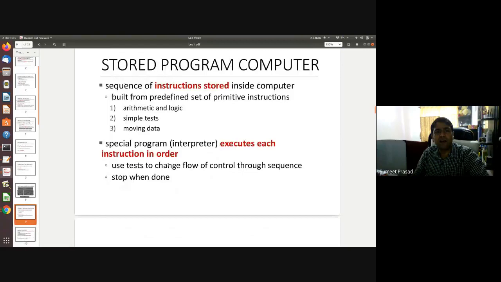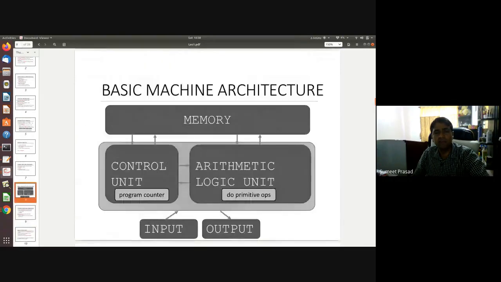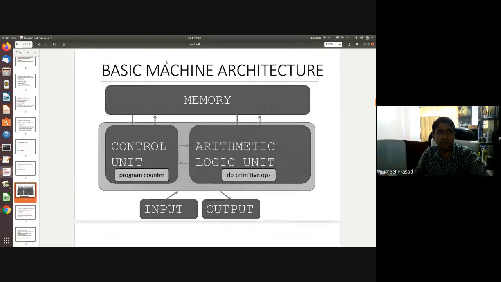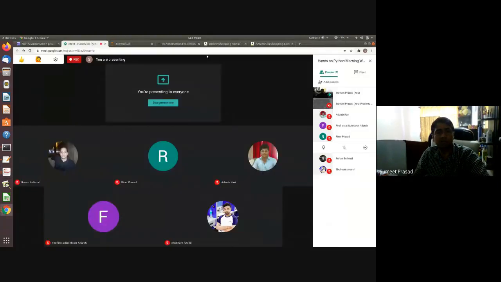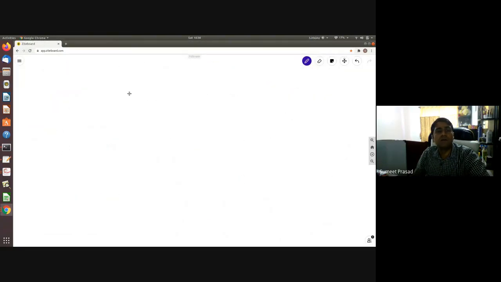So why do we need a Python program as of now? Why Python program? So let's look at some architecture just to give you a hint of what's going on, why Python programming is needed. Earlier, in the 1940s and 1950s, when computers were made, the computer scientists used to give the instruction to the CPU in this format. There's something called an operation code,